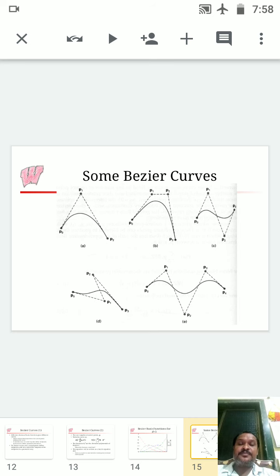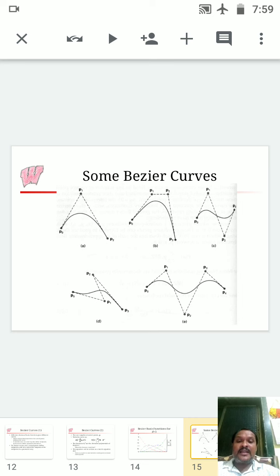Whereas in the last section, E, we also have different control points. Means for the curve we have 2 points, the end point and the initial point, but we have drawn different control points. At the first point we have the tangent line, that is P0 to P1, and at the last point also we have the tangent line, that is P3 to P4. In between we have also drawn a control point, that is P2. So in total we have P0, P1, P2, P3 and P4.